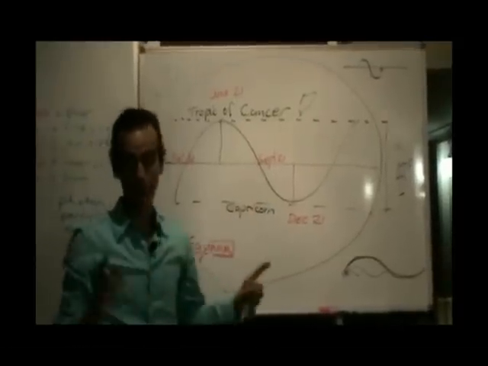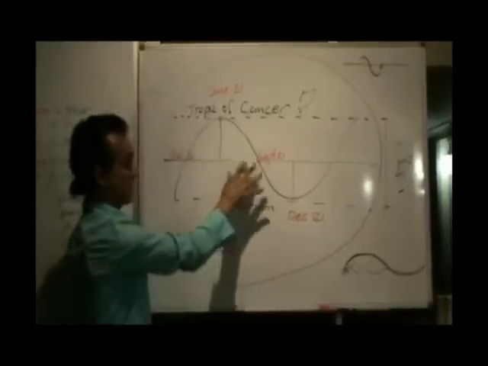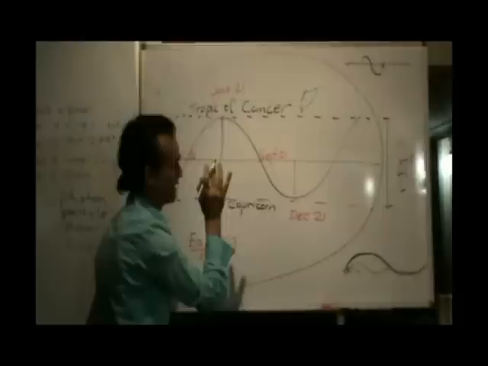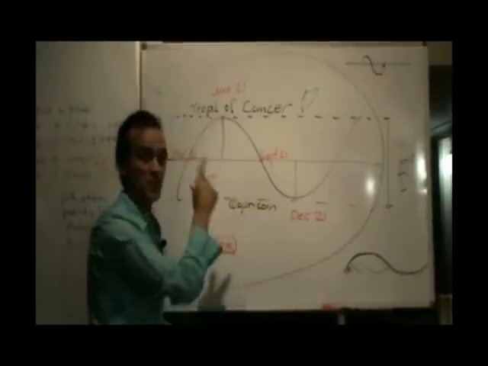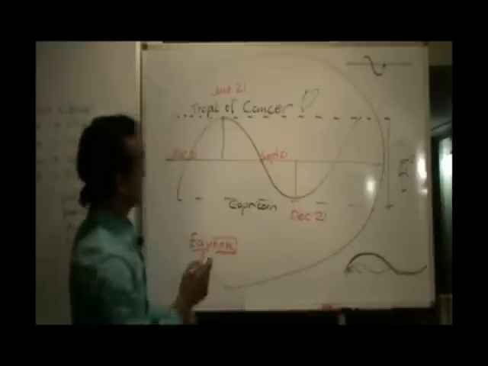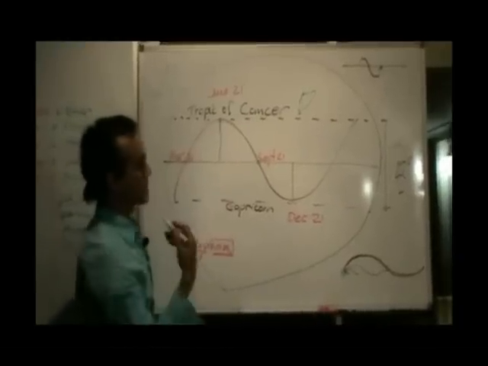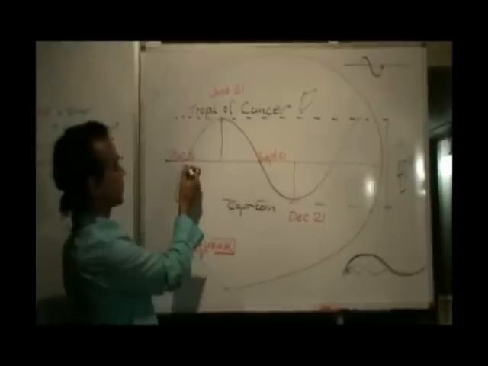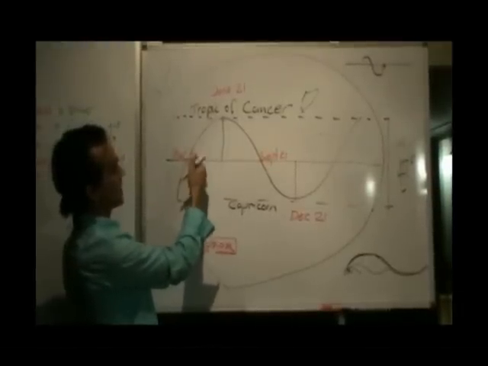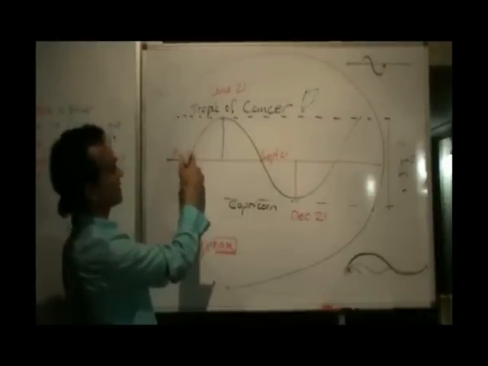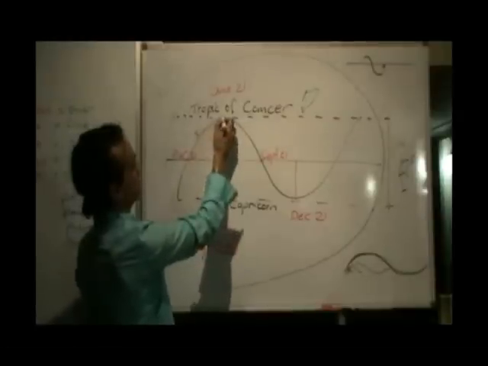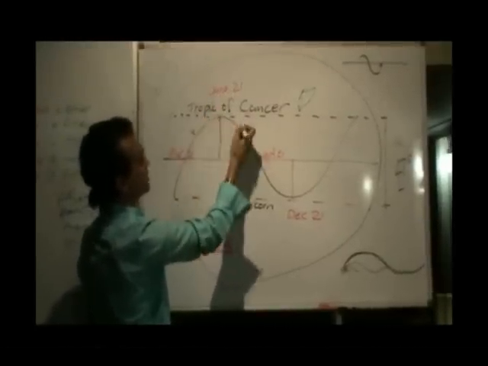Now I'm going to labour this point because this is the most important graph you will ever have to refer to, and you'll be referring to this forever because this holds all the answers to everything. These 4 cardinal points, they call them the cardinal points because they are the door openers to the season. This sign, and Aries the Lamb is here, March, Aries, opens to spring. This fella here, the solstice, opens to summer.